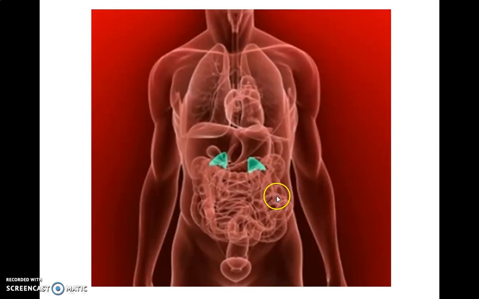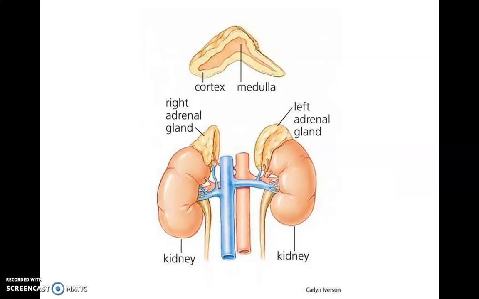The suprarenal gland, or adrenal gland, is a pair of endocrine glands situated retroperitoneally in the posterior abdominal wall on each side of the vertebral column, lying at the upper pole of the kidney. They lie in the epigastric region in front of the crus of the diaphragm, opposite the vertebral end of the 11th intercostal space or the 12th rib. This is the right adrenal gland and this is the left adrenal gland, lying at the upper pole of the corresponding kidney. The right gland is pyramidal in shape and the left adrenal gland is semilunar in shape.